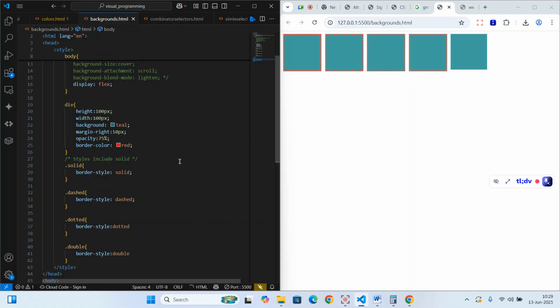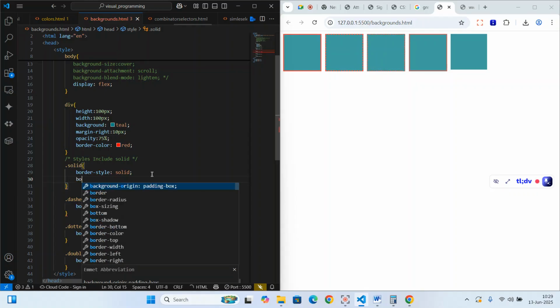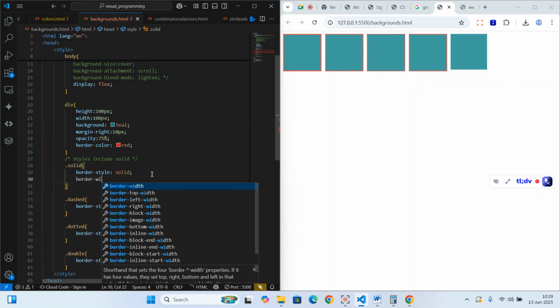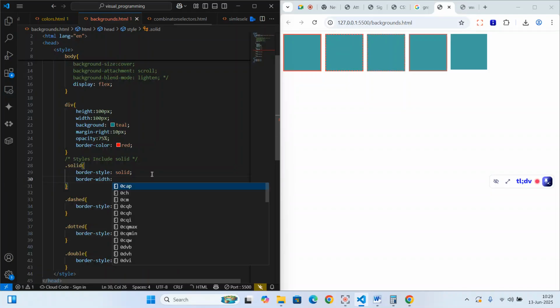Now, the other thing that is there is the width of the border. So we also have the border width. So like for the solid, I have the border width. How thick do you want the border to be? And the border width can be measured in pixels. So maybe I can say I want it 2 pixels, which means I want it thicker than whatever you're seeing at the moment. So if I put 2 pixels,